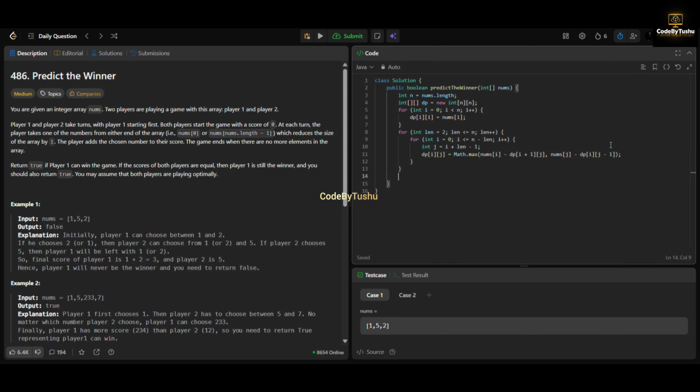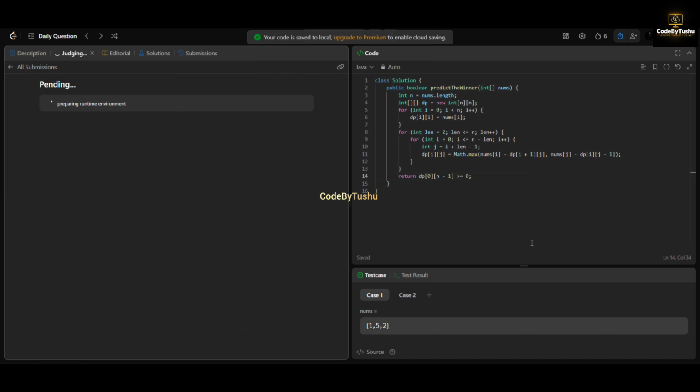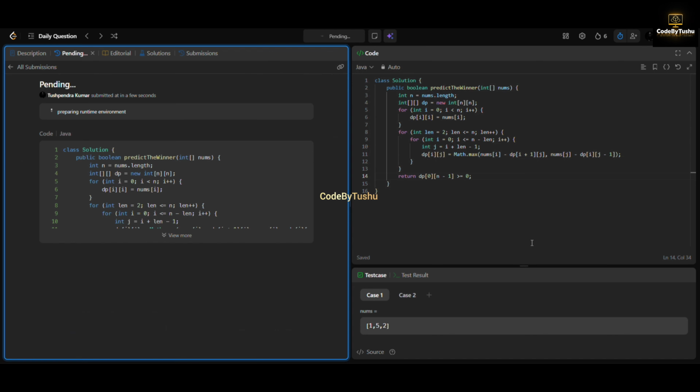And finally, the final score difference: return true if it is at least zero, otherwise return false. Complete the code, save the code, and guys, submit the code,